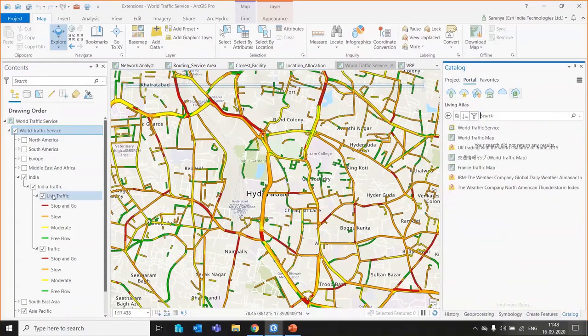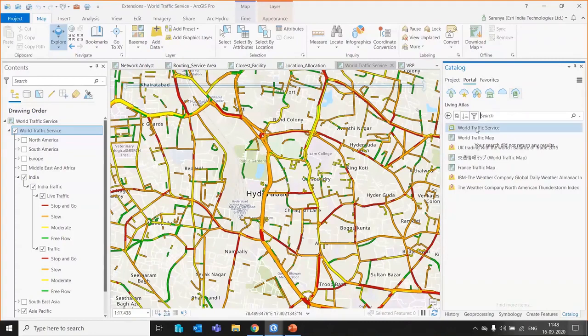And here you can see we have options for both live traffic and historical traffic. So these red segments are where there is congestion, where you have to stop and go. We have orange lines where the movement is very slow, and green areas represent segments of roads where there is smooth traffic.